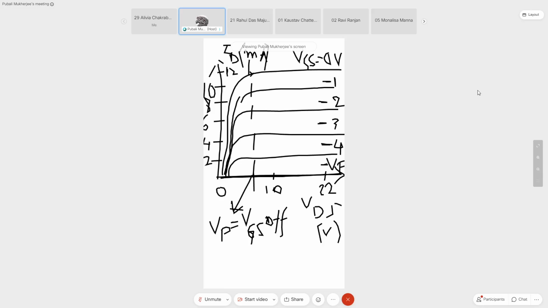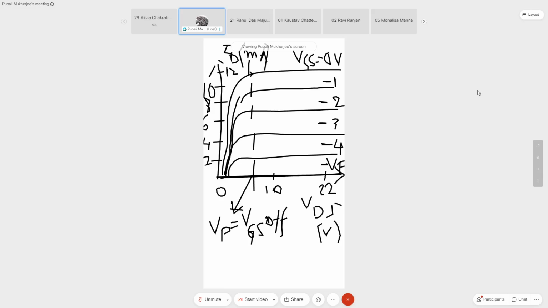So now this is the curve that we already have. On this curve, we have to draw the 2 points, points A and B. So what were the coordinates of the points A and B that we found out from the previous equation? In the previous equation, one thing I missed out. The point A was ID equal to 0. Did you note it down, students? I said, please note it down.